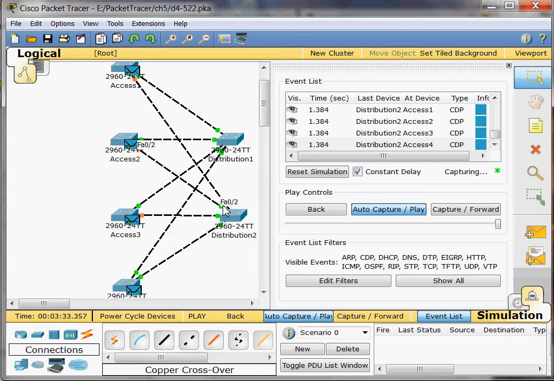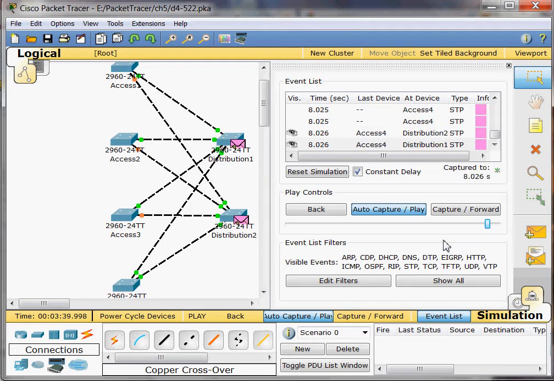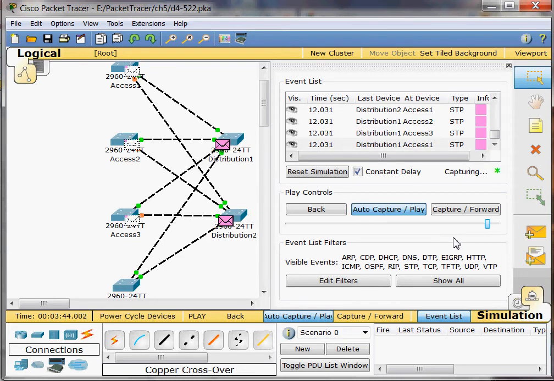You can see these packets are reaching their destinations. So we'll just watch this for a few moments. And all of the packets are reaching all of the switches in the network. So we hooked everything up okay, and